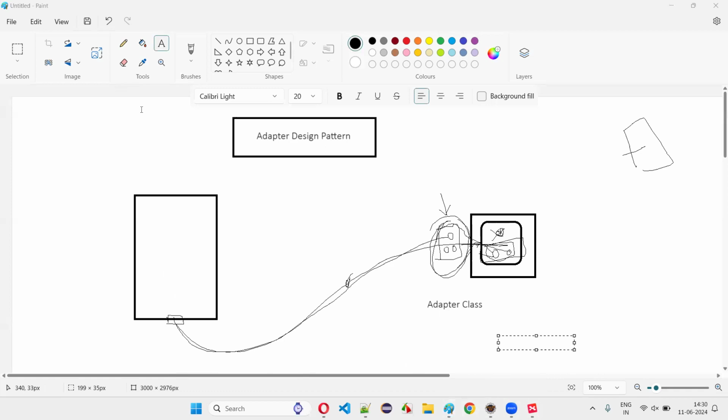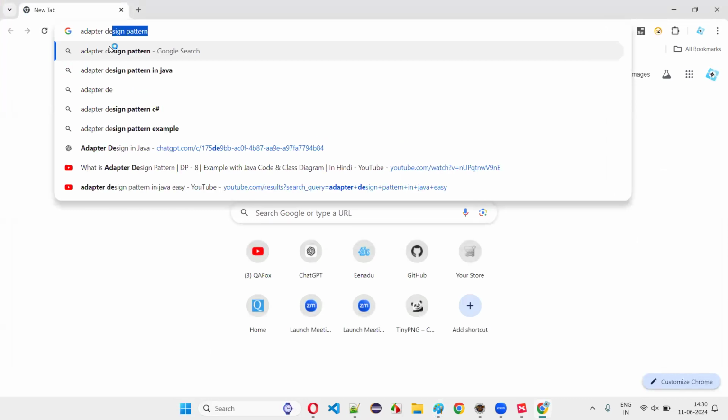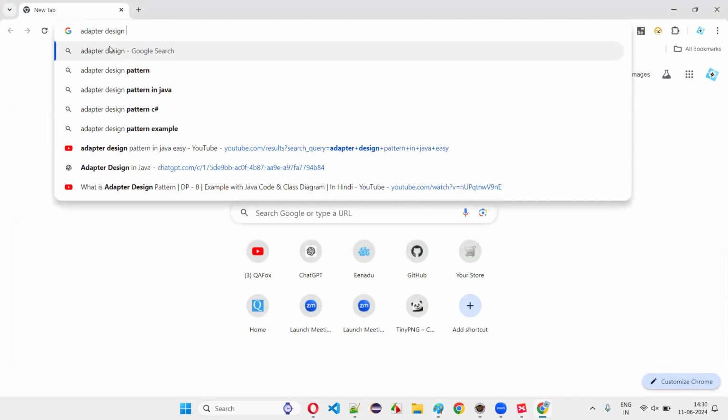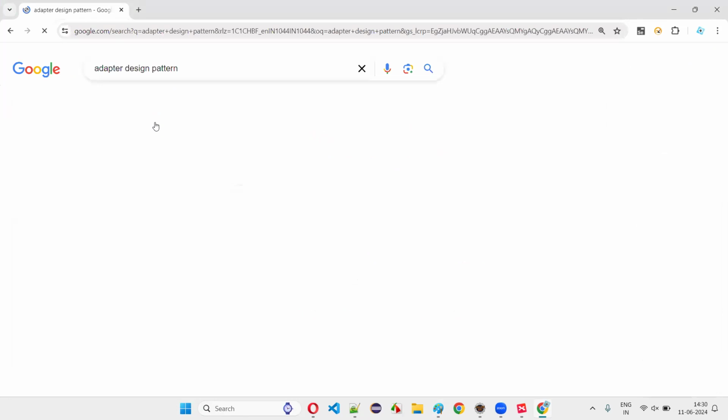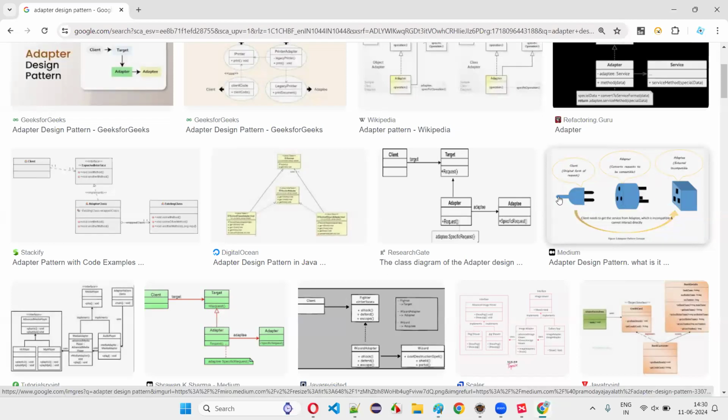If you go and Google and search for adapter design pattern, and click on images, guys, you will get a lot of images explaining the same thing. You see the same thing. This is an adapter. This is a charger of your mobile phone. You are trying to plug in the charger of your mobile phone into this plug point, but here only